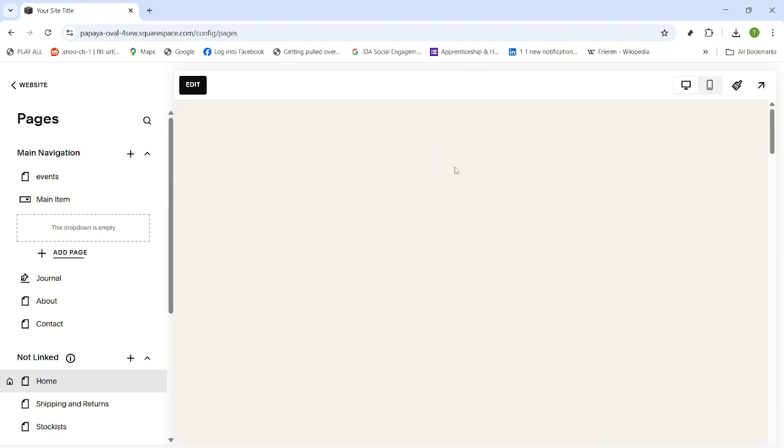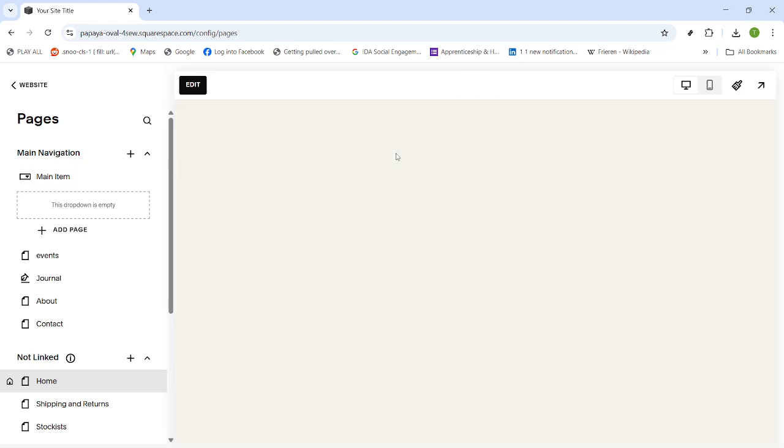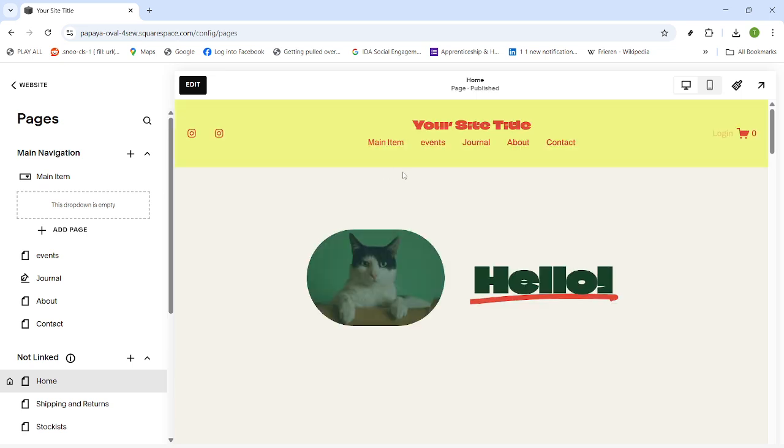When you're done, preview your site. On desktop, hover over the drop-down label to reveal the subpages. On mobile, tap the arrow next to the label to expand the list. If you need to tweak the label, URL, or SEO settings for any subpage, open its settings and make your adjustments. That's it. Your subpage